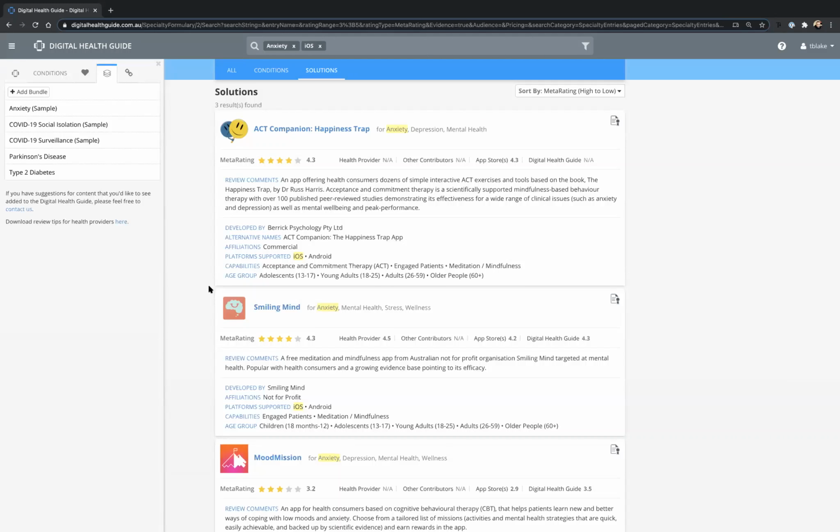We do have one question, Tim, and that is what proportion of apps on the Digital Health Guide have evidence for their clinical efficacy? Yeah, look, that's a good question. So when we first started this journey, obviously that number was very small. So in the last 3 or 4 years, we've seen a real uptick in the rate at which evidence is coming through, particularly because producing high quality evidence, as you guys well know,